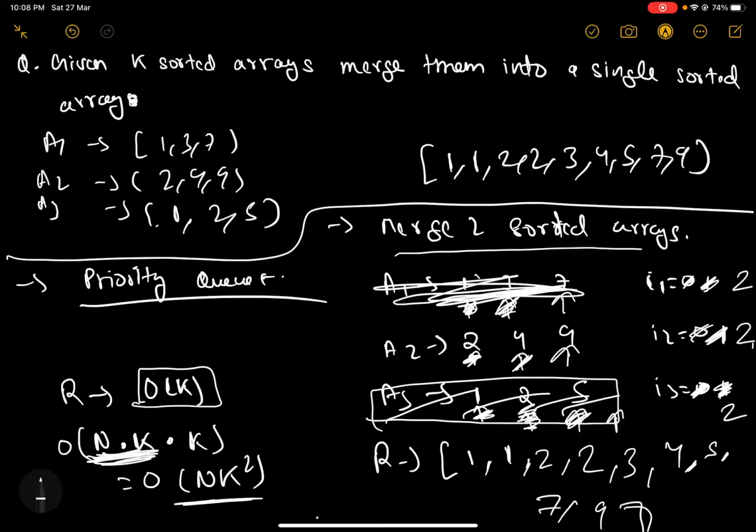All right, now I want to improve the runtime complexity. So how do I improve it further? Basically, let's just retrace the steps that we just took. Let's just write down A1, A2 and A3 again, and then it will give us a better understanding of how to improve upon the current time complexity. All right, so the answer is priority queue. How do we actually use the priority queue to implement it? That we'll be getting into in a moment.